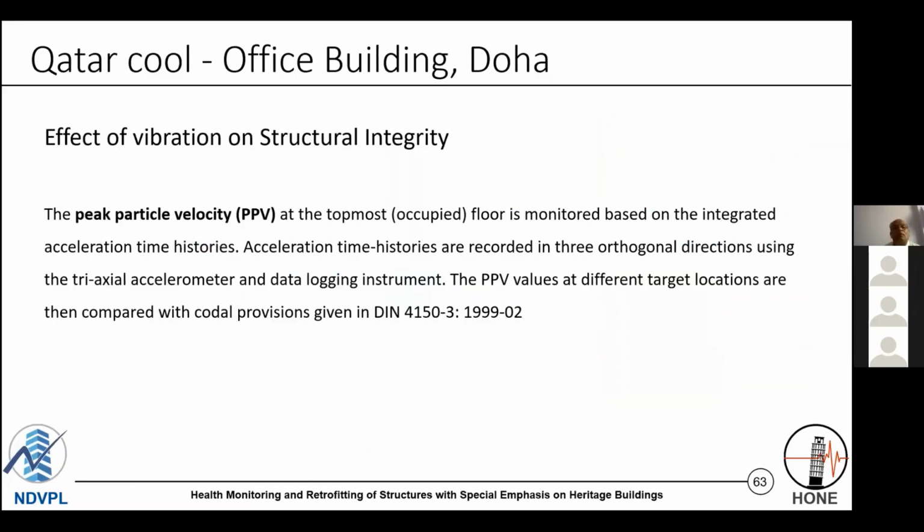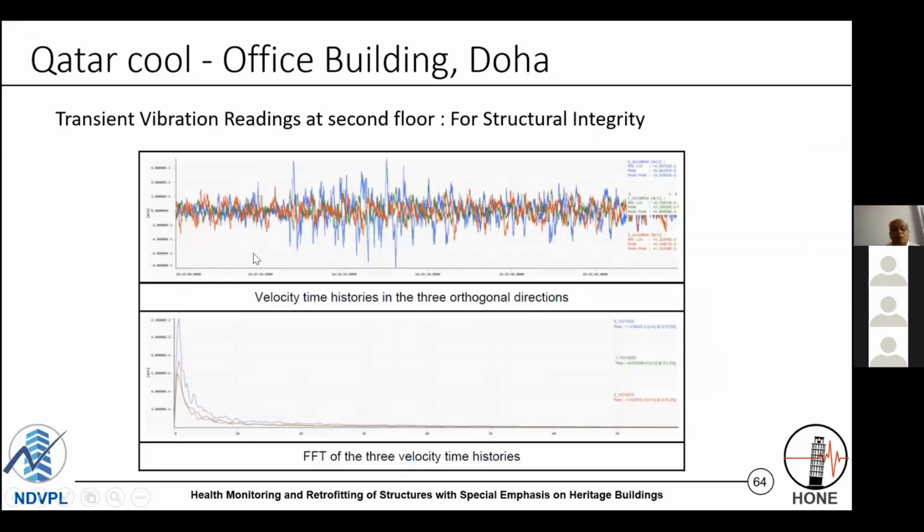As I said, there are different country codes available. For structural integrity, we refer to the German code, which says that peak particle velocity should be controlled and checked for structural stability, for structural integrity. We put our accelerometer at a few points where the vibrations were noticeable, points advised by the designer QDC. So we monitored all those points